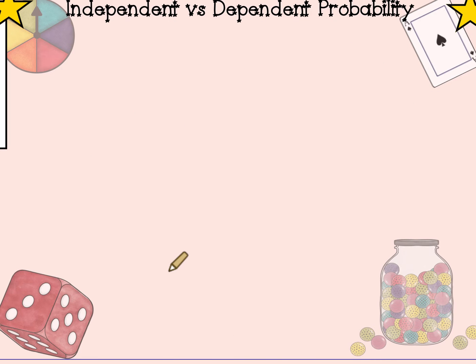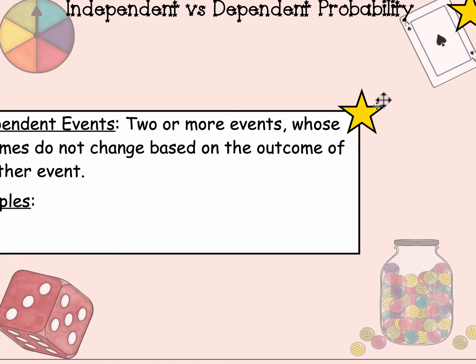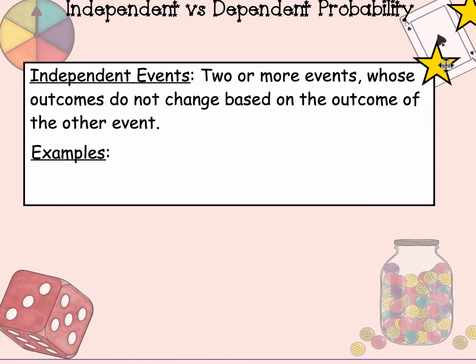Okay, so our job today is to figure out independent versus dependent probability and what it means. What we've been working on so far for probability is independent. It's 2 or more events whose outcomes don't change based on the outcome of the other event. Okay, so what does that mean? Well,